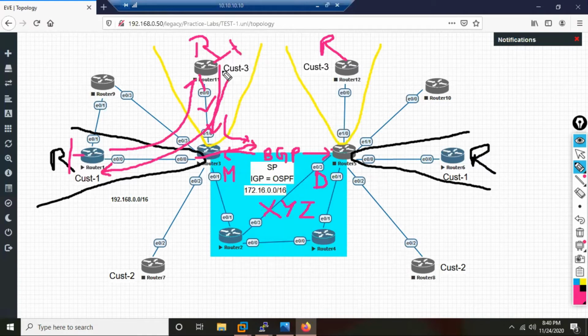Some users of the customer might try to access servers of the other customer. What will they do? They will take XYZ.com to where? Court. They will file a legal damage court case against this XYZ company. They'll say because of this company we lost so much data, we lost millions of dollars of information. This is a security issue. So this is called what? Overlapping routing.